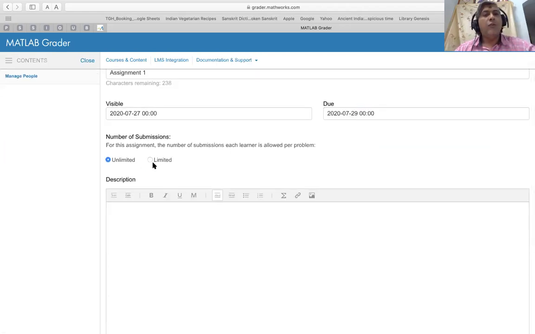After you set the start and end date for the assignment, you set the options of unlimited or limited attempts for the learner. As I said earlier in my presentation, if it's purely for teaching purposes, then you can set the number of attempts to unlimited. But if it is for evaluation purposes, which is what we set up the assignment for, you can say that the user is allowed 2 attempts.